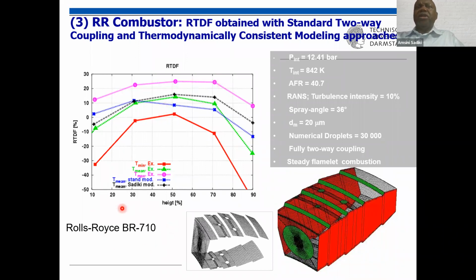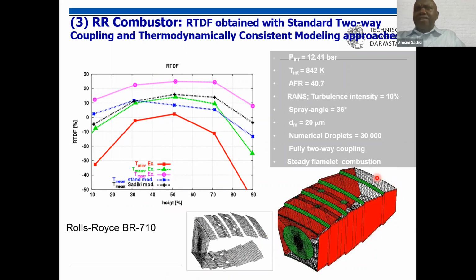This is a Rolls-Royce combustor 710, and it is 1/8 of the combustion chamber, and we see here our computational domain, and that is how we did it. We have some holes here through which we get the cooling within the chamber. And the question was at the outside here,